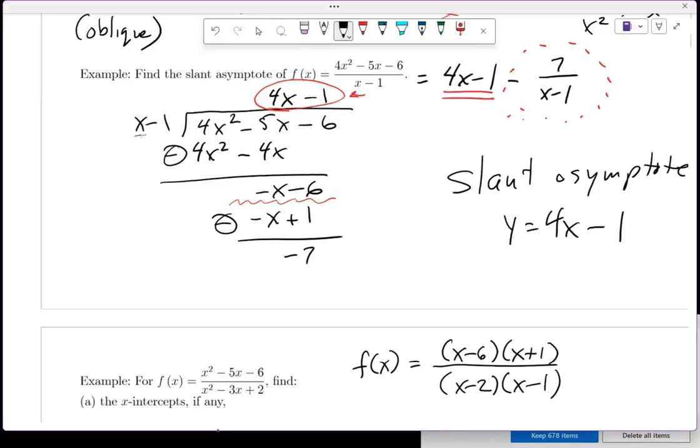What do I look at for what's it? The numerator is 0, right? Why do I care about that? That helps me with x-intercepts, right? Where do I look for vertical asymptotes? I look for where the